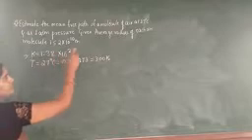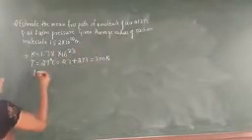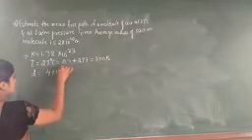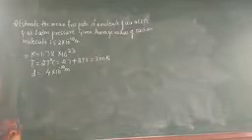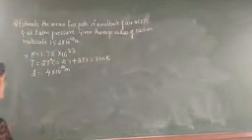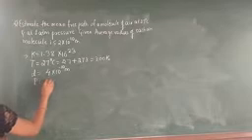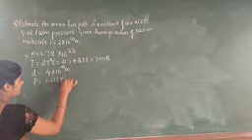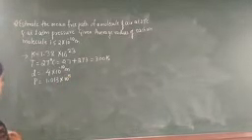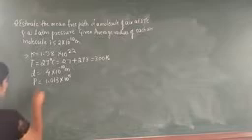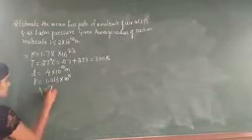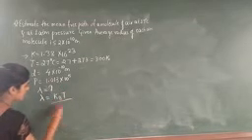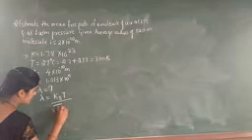Next, they have given the radius of each molecule, so we consider the diameter, 4 into 10 raised to minus 10 meter. They have given 1 atmospheric pressure, therefore P is equal to 1.013 into 10 raised to 5 Pascal. Now we have to find lambda. The formula is lambda is equal to kBT by root of 2 pi d square P.